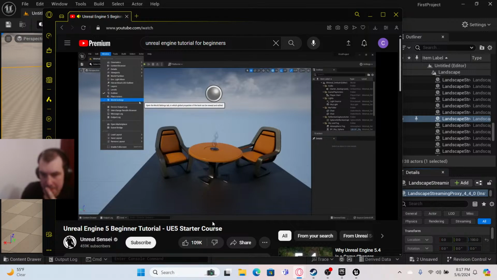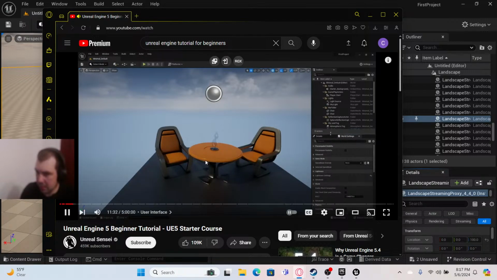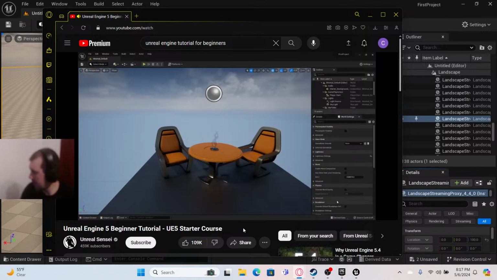Now, one window that we are going to be using a lot is the world settings. So world settings, as you can guess, just has a bunch of different properties and settings that we can play